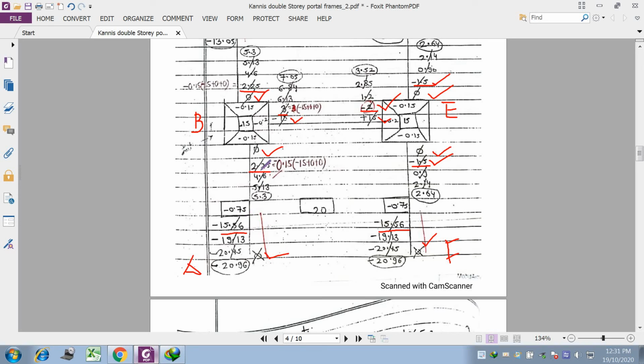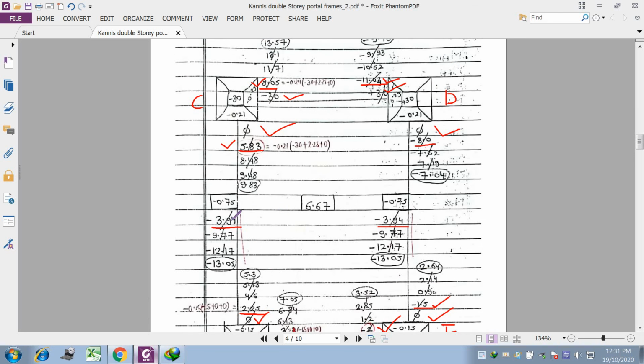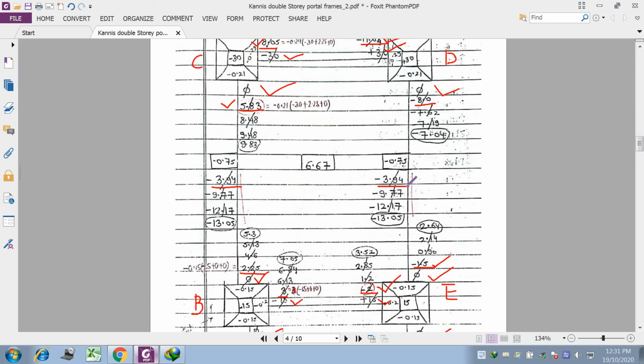So write in bracket 2.25 into C value. C is already our C value, 1. We know that here the C value is also 1. So in the bracket write 2.25 into 1, then minus 1.5 into 1, plus 20, bracket close, into minus 0.75. So you will get the answer as minus 15.56. Similarly, only replace this minus 0.75 outside the bracket with minus 0.75. You will get the answer as minus 4. Both factors are the same, therefore the value will be the same. So you will get this value. Similarly, here also minus 3.94, minus 3.94.